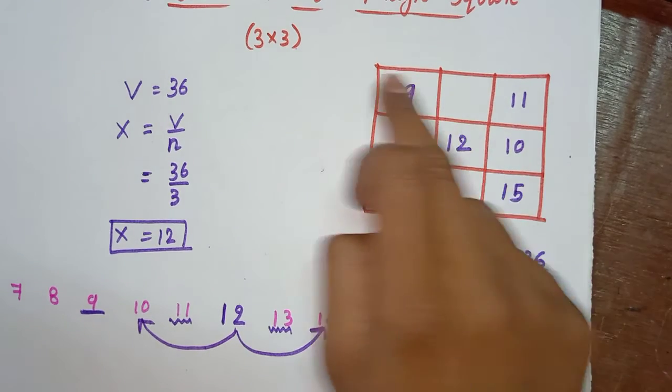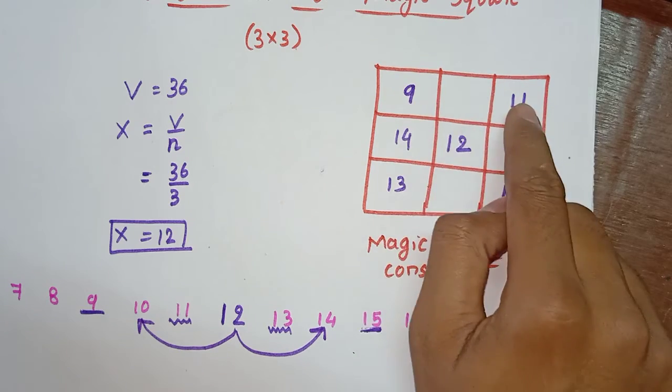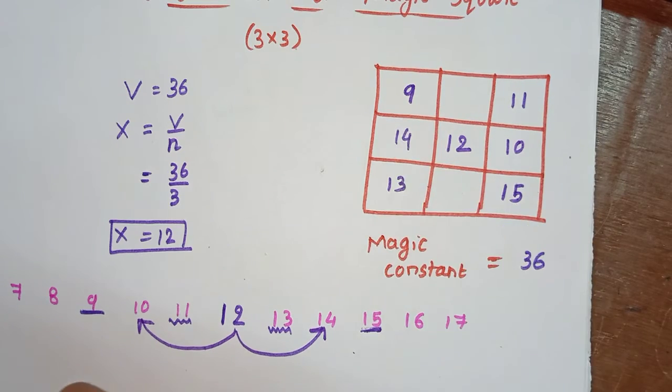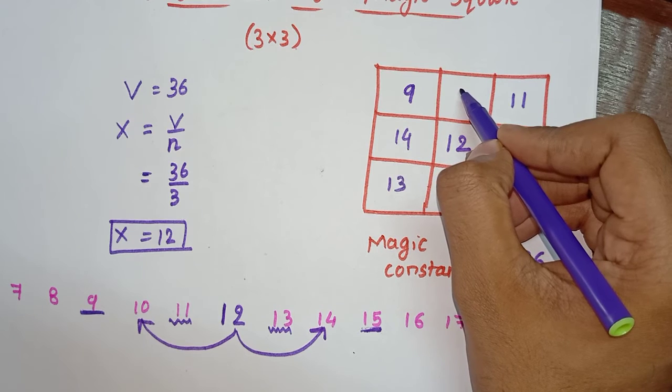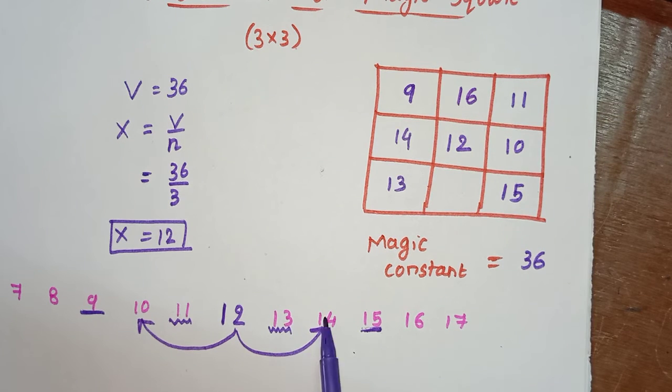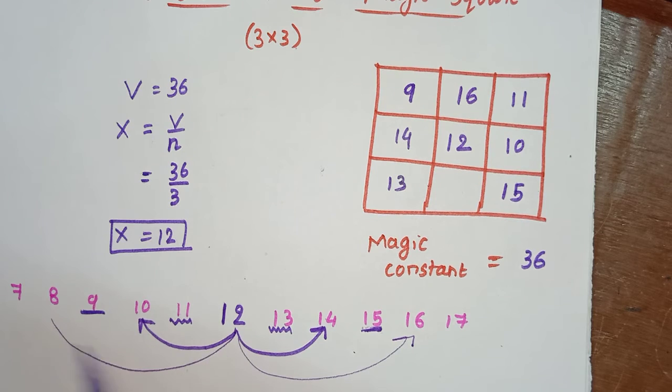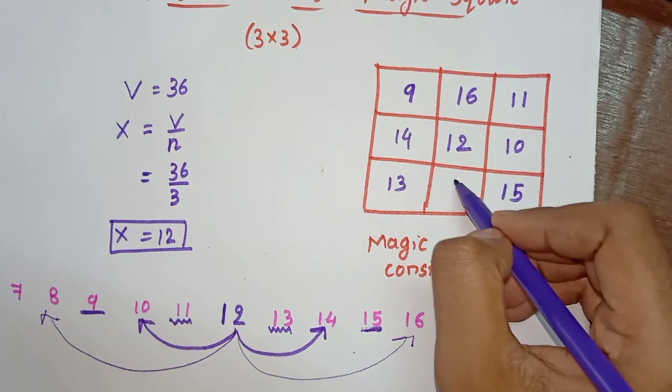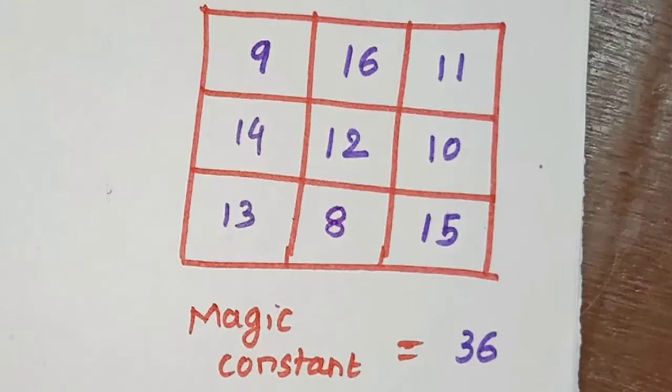So you can see only 2 boxes are remaining. Same thing we'll do here. For this I will subtract 11 plus 9, that is 20, and 36 minus 20, so you will get 16 here. Right, now 16 is 1, 2, 3, 4, at the 4th position from 12. So 1, 2, 3, 4, the 4th position from here is 8, and that is how the number is 8.